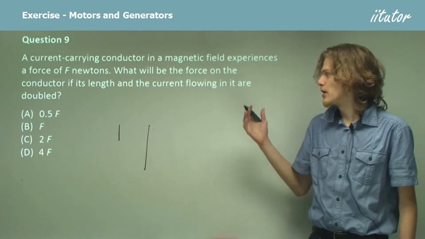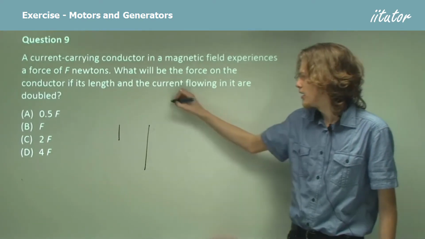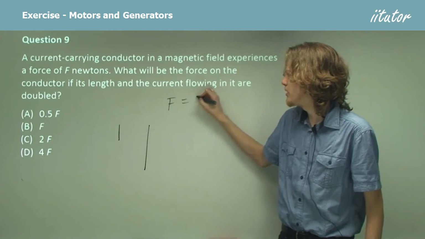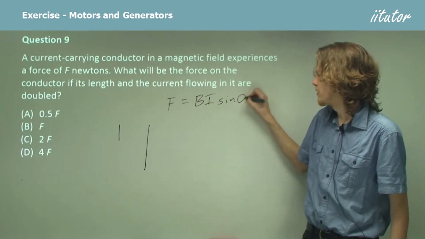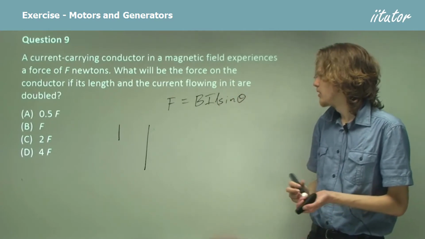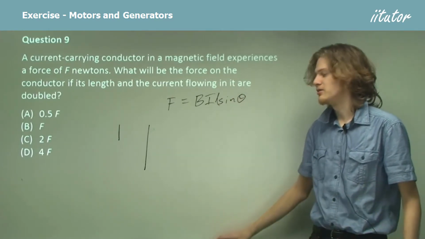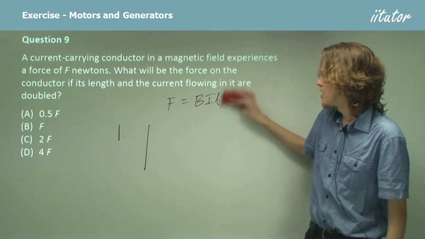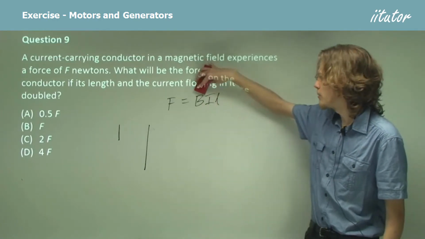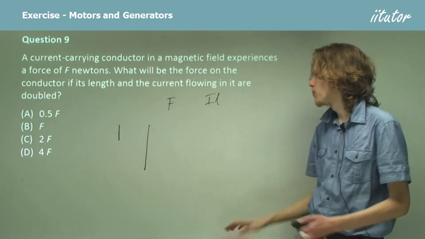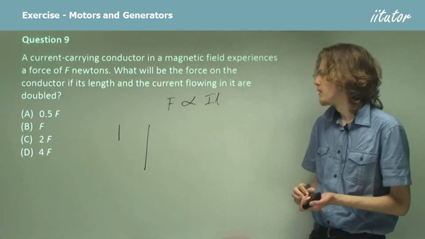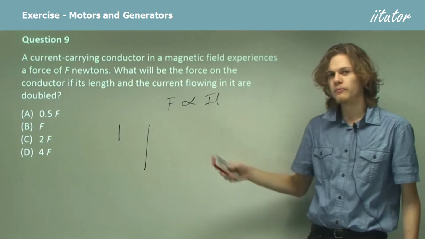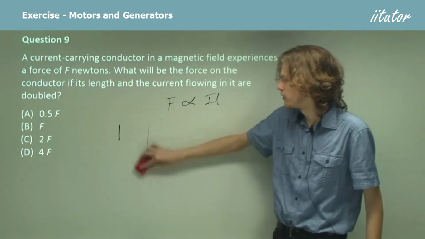If we think about our equation for force, it looks something like F equals BIL sine theta. In this case, sine theta isn't changing, so we don't need to worry about it. And the magnetic field isn't changing, so we don't need to worry about it. Now we have force is proportional to current times length. So if we double the current, then the force will double, and if we double the length, then the force